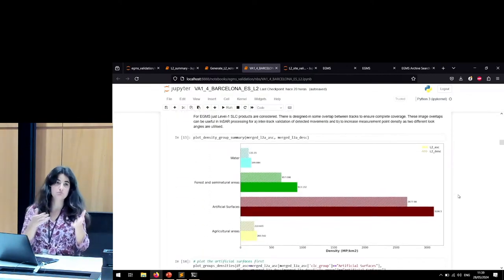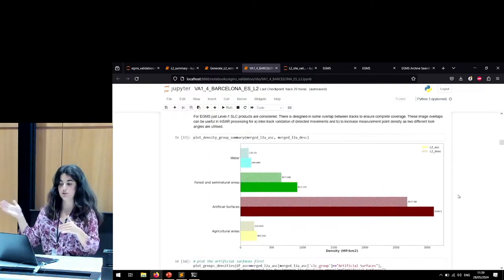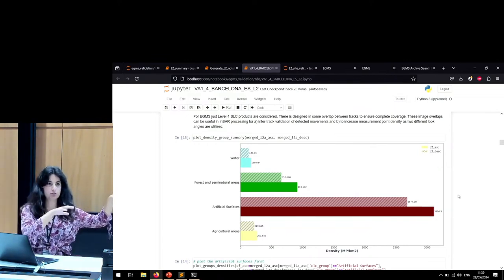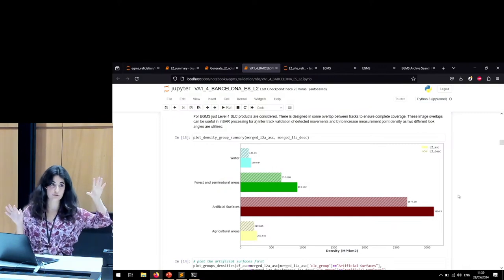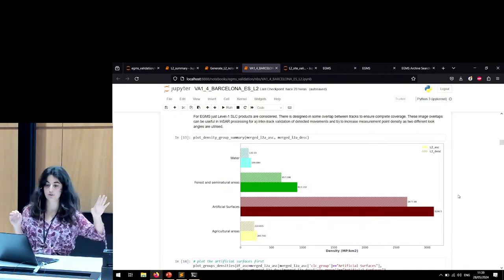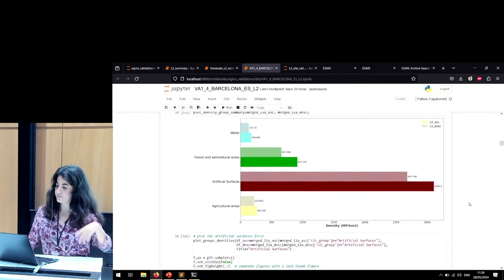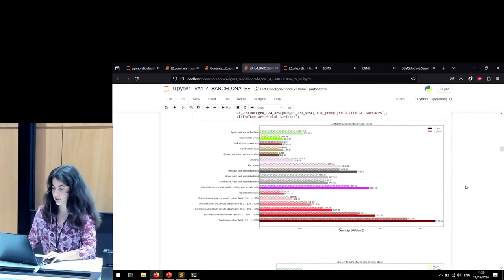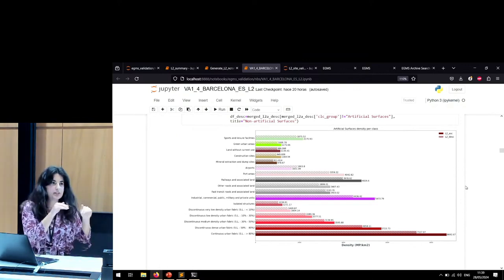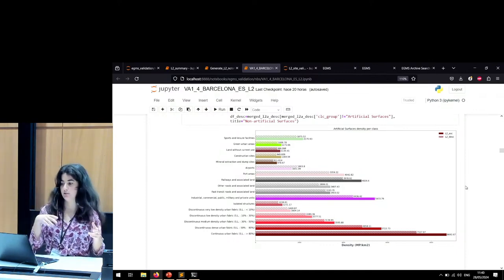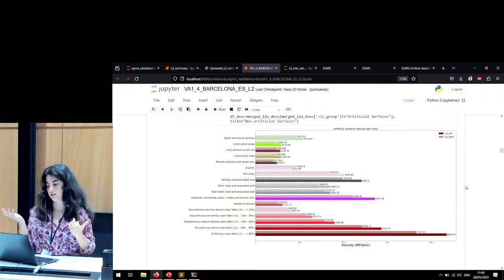And then we start by actually calculating the point density, and we show statistics. We start from a high level, aggregating them in different groups: water, forest, artificial surfaces, and agricultural areas. And then we start going deeper and deeper into the layers of the statistics that we produce, and we compare them with ascending and descending, which is related to the question from before, because basically what